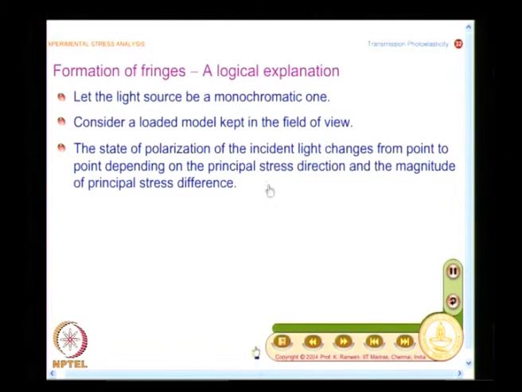And what we do is, by keeping an analyzer, we find out when the light is cut. The analyzer will cut the light when the plane of polarization is perpendicular to it. For the plane of polarization to be perpendicular to it, the input polarized light should come out unaltered. And in a plane polariscope, in conventional photoelasticity, we always keep the polarizer and analyzer crossed. If you go to digital photoelasticity, people also tried keeping them parallel, keeping them at arbitrary orientation, but in conventional photoelasticity, polarizer and analyzer are always crossed.